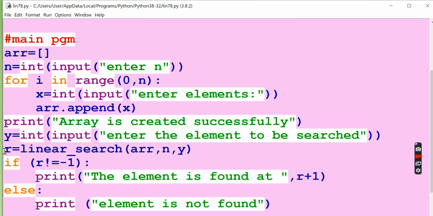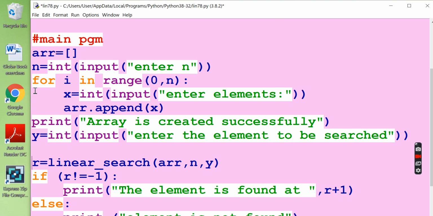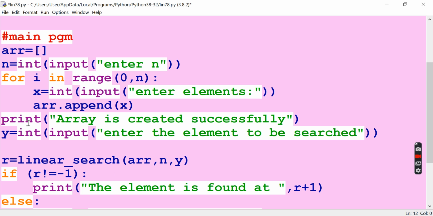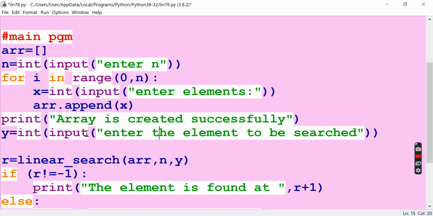After getting input of everything from the user, you are just creating an array. That array has been created after appending x values from the user. We know from 11th standard how to create a list and how to append to a list: how to ask the user for all the elements, and append them to this particular array. That's what we have seen in 11th standard, right?